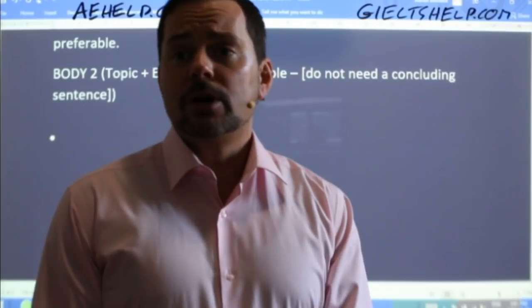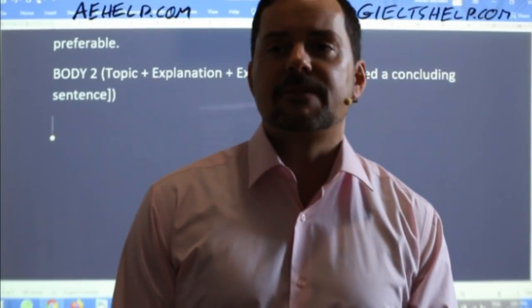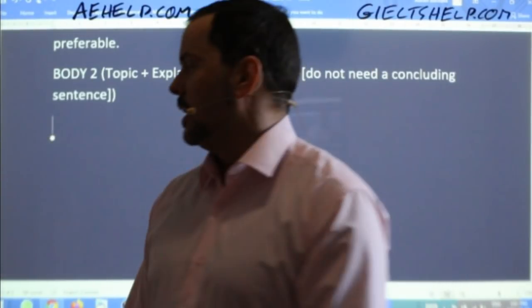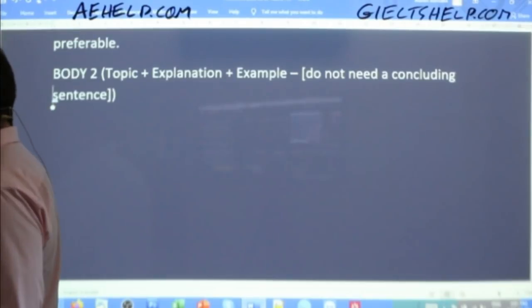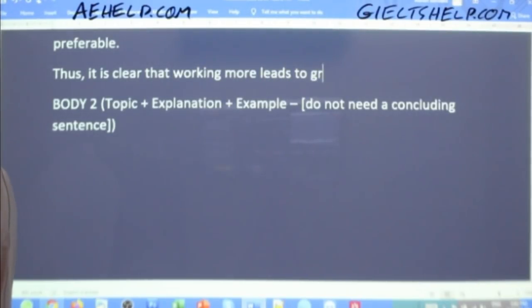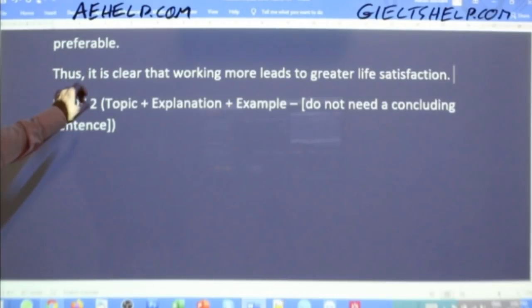For Dobbs, that works. So for Dobbs says that it is clear that working more gives more satisfaction. I would even say thus for Dobbs. So for Dobbs, I would write that connecting sentence like this if I were you. Thus, it is clear that working more leads to greater life satisfaction. Okay? That's the more accurate sentence for your...